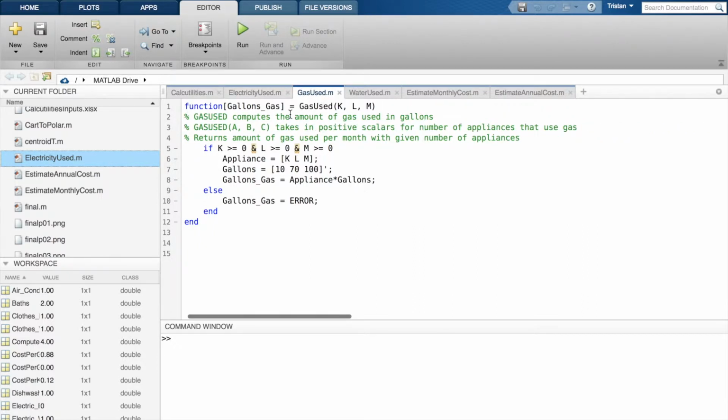Gas used is very similar and returns the gallons of gas consumed. It has that same error loop so that all inputs are positive. Basically it computes the scalar product of the number of appliances and the average consumption of gas appliances